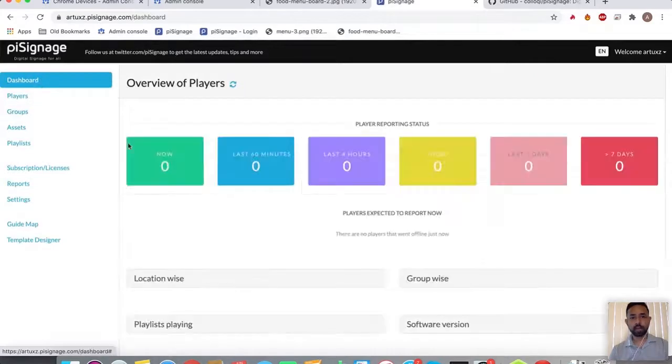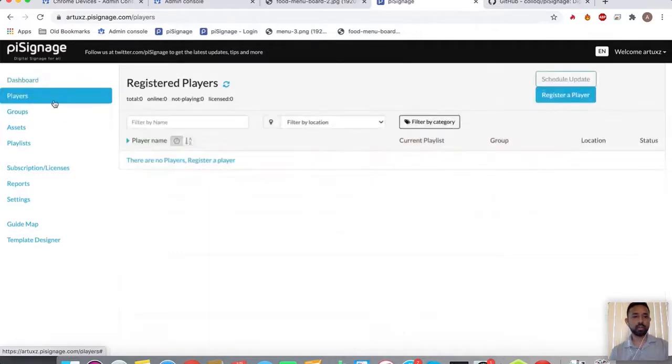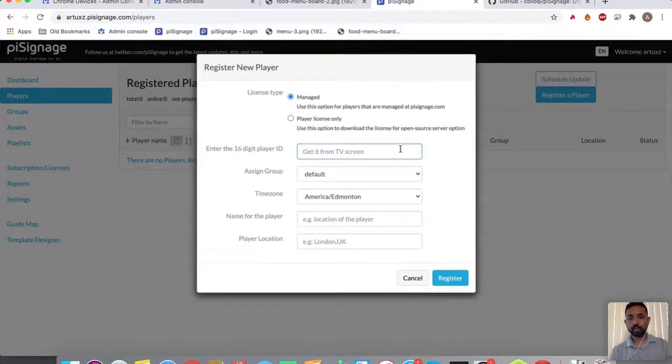Here on the dashboard, it's saying that there are no players on this account, so we're going to register the player. This is the 16-character player ID I am getting from the screen.